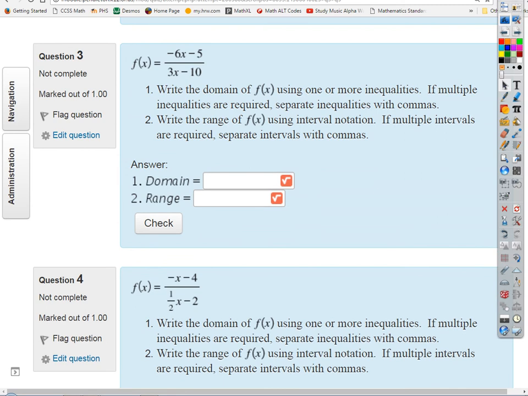Domain and the range. All right, so what are the domain and the range going to be here for this one? I'm going to show you a shortcut on this. I was going to show it to you tomorrow, but maybe I'll even show that to you today. How could we do this using